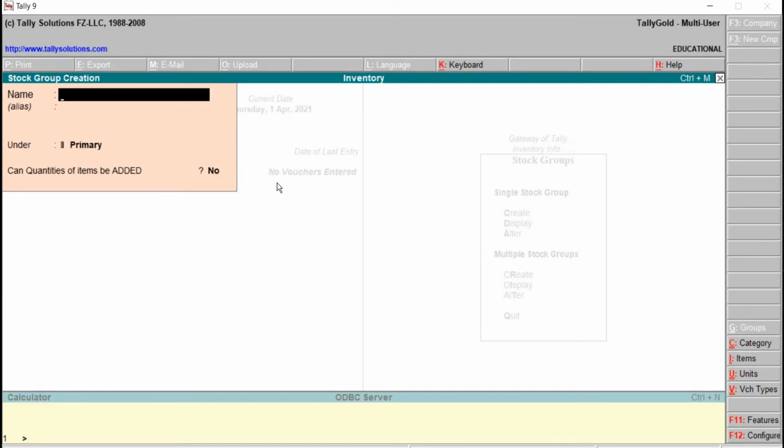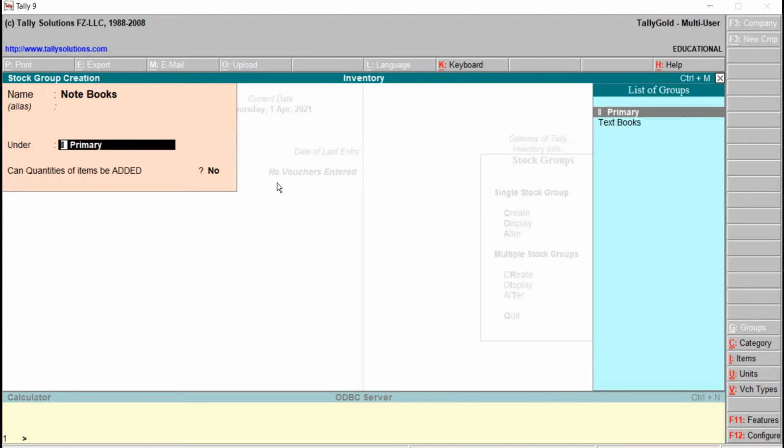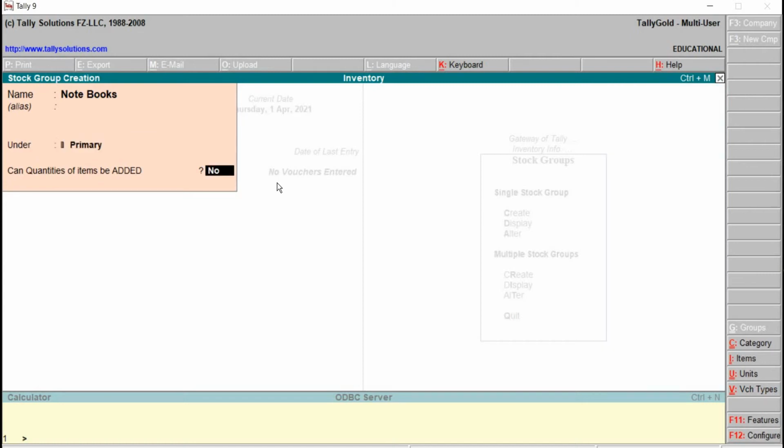I just go for creating one more here. Textbooks we have taken. Right now we will go for notebooks, alias blank, primary, can quantities of items be added. Default is no. We can even make it yes also. Then later press Y to accept. Right.